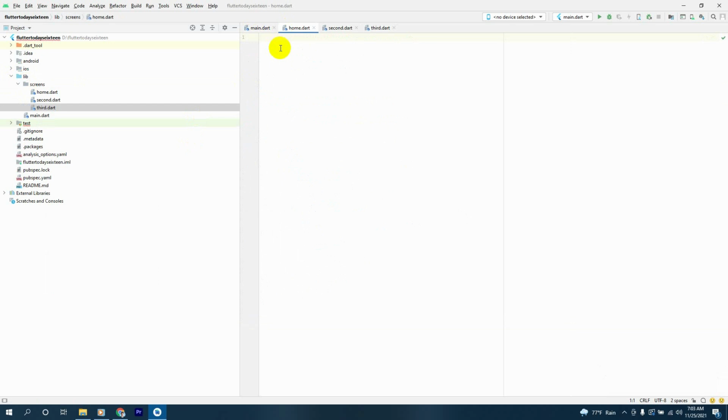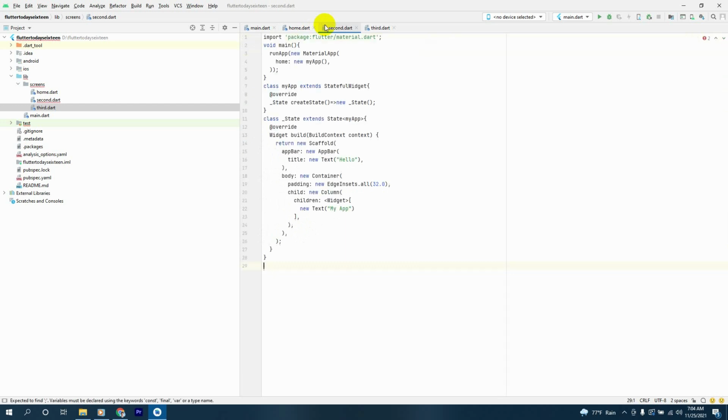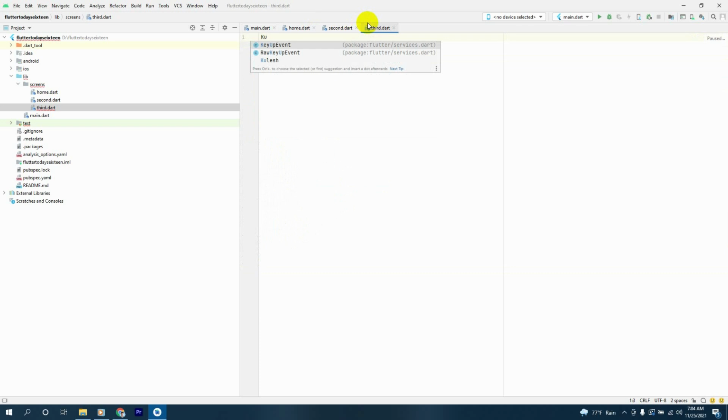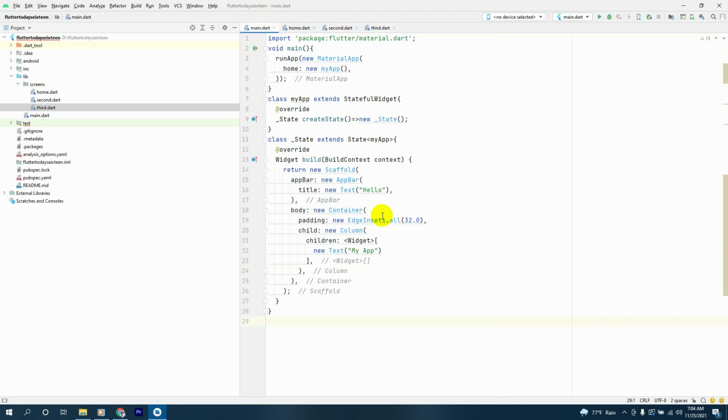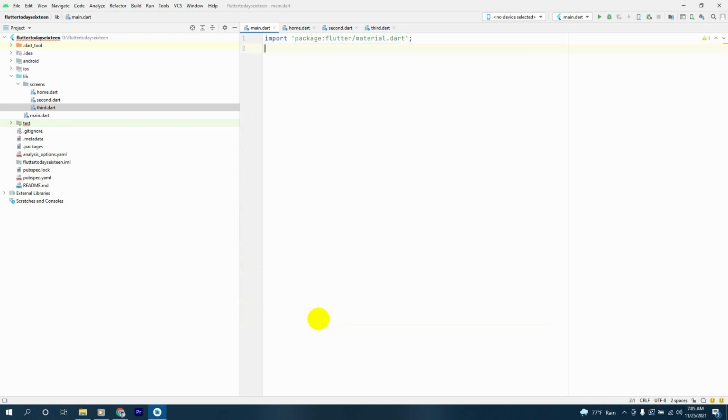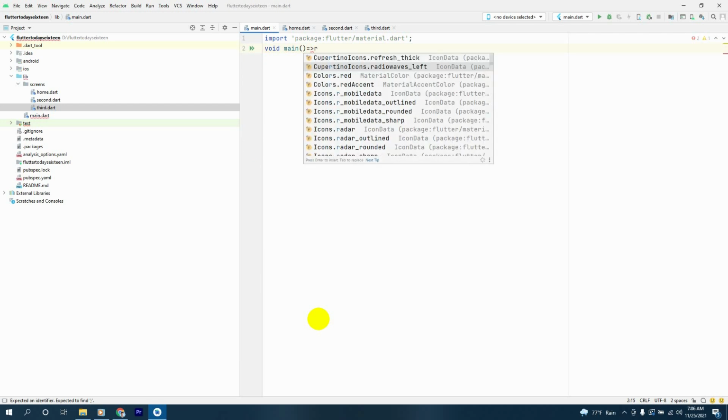And here inside the home.dart file, we'll have our live template implemented, and here as well, and finally here as well. Okay, now let's change our main.dart file. We'll remove this from here, and we'll say here void main, and we'll have brackets, and we'll make it equal to run app,